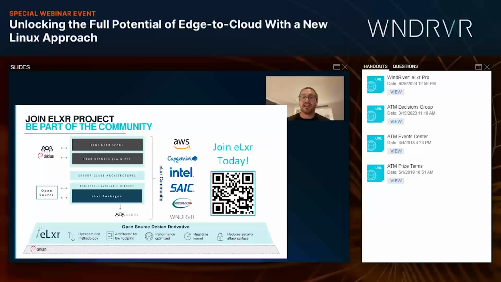Yeah, I think the last point here is really, hey, join the Elixir project, be part of our community. Would love folks to join. We're super excited at DebConf to announce the community with a variety of sponsors and supporters that you see here on the logo page. We'd be super excited and welcome your contributions, whether it's patching packages, creating bug reports, or helping us improve the community at large. Would be super excited to have you join.